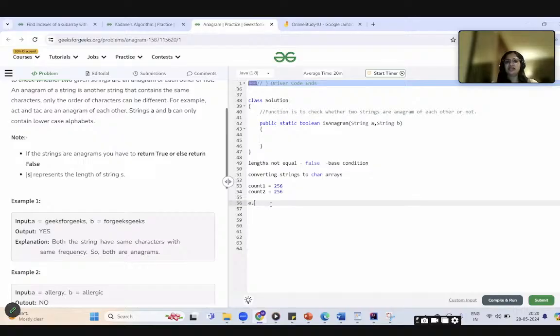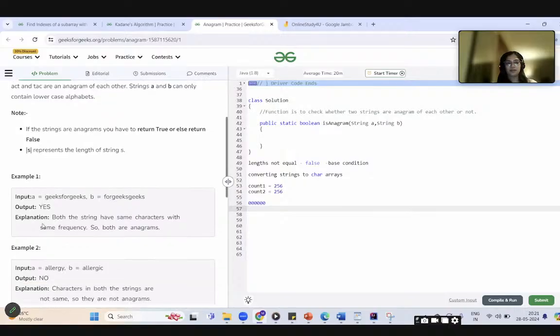Like we can initialize the count arrays as 000. So 000 256 times. Whenever we are hitting any character, like for example in this example, geeks for geeks, whenever we are hitting G, so the index corresponding to this G, that is the Unicode value against this G, we can increment it as 1.